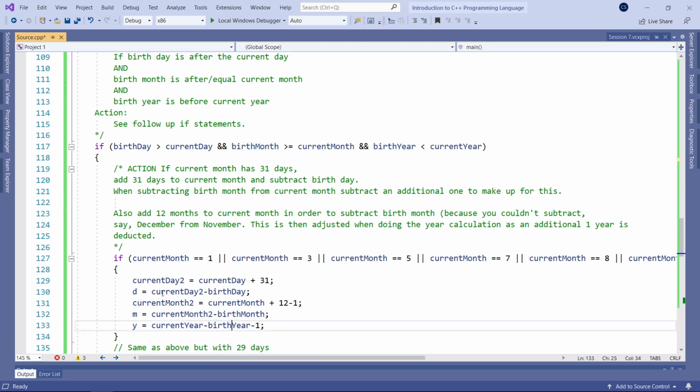So just to recap, we're adding days onto the current day so that we can subtract the birthday. And then to fix that, we're adding that extra month that's being subtracted from the current month. But then we have the other problem of the birth month being after the current month, so we also have to account for that. And this is where these 12 extra months come from, which we adjust by removing 1 year when we get